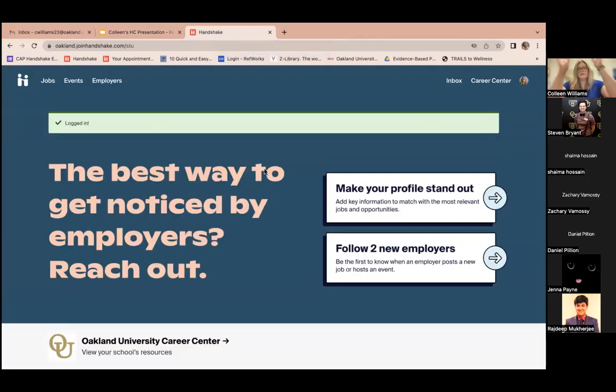Okay, hopefully you all can still see my screen and see that I'm logged into Handshake. For those of you who are unfamiliar with Handshake, it's our job search and networking platform for OU students. There are different Handshakes for different universities, but employers on here are specifically looking for OU students and alum. So under the jobs tab,